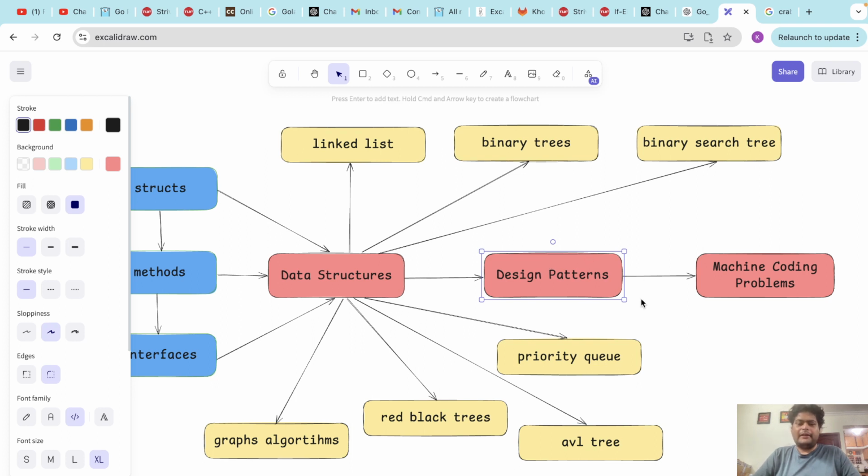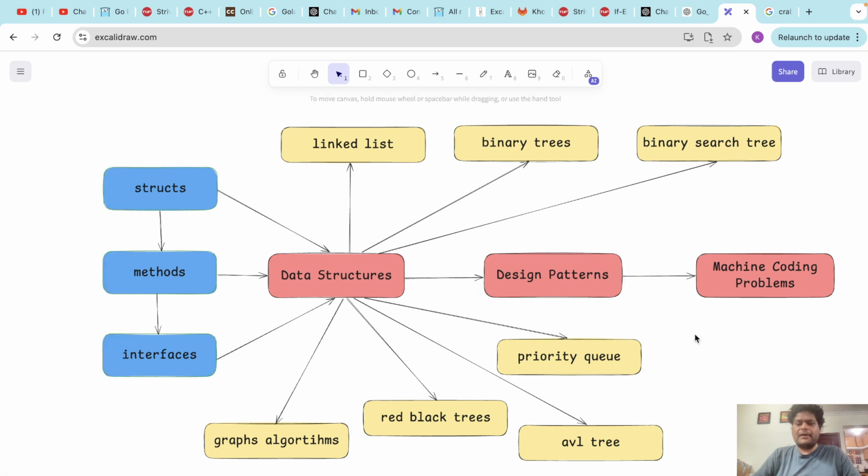Okay, and when the design patterns are covered, actually I will not be covering all the design patterns. Some famous ones like strategy pattern, command pattern, factory pattern, singleton pattern, and in the case of structural, I would like to cover the adapter and the decorator pattern. We have to remember that Golang is not an object-oriented programming language, so the design patterns might also differ. But because Golang is used in building backend APIs, some design patterns will still be there, and